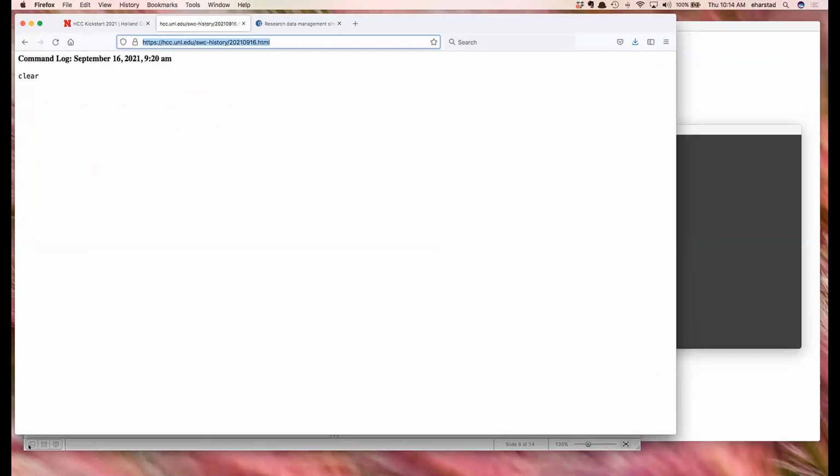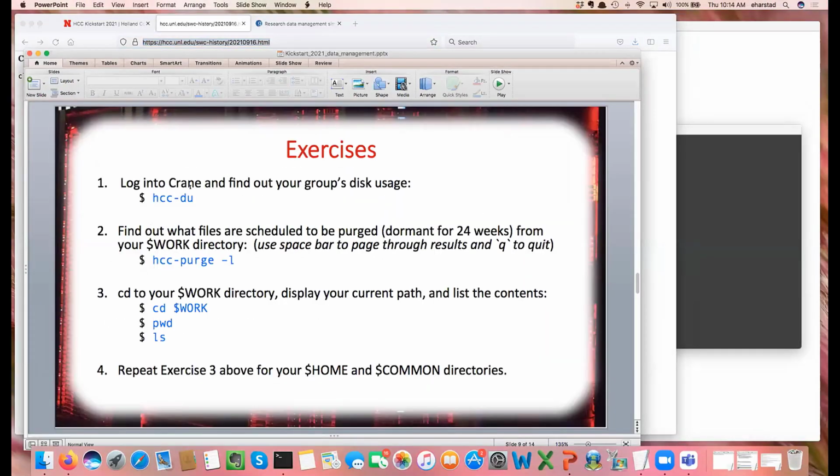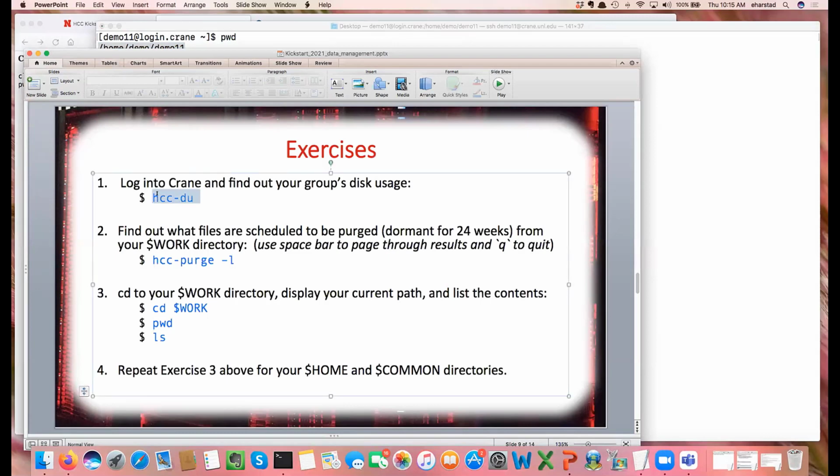Okay. So the exercise is that we should log into Crane and find out our group's disk usage. So I'm logged into Crane here. I'm using the demo11 account, so that's my username. I can type pwd and see I'm in my home directory. When you log in, you will automatically be in your home directory every time. If you want to switch to your work or common directories, you have to use a cd command. But let's go ahead and run the first command it asks us to do,